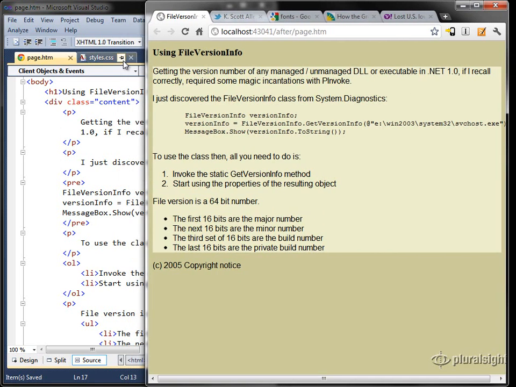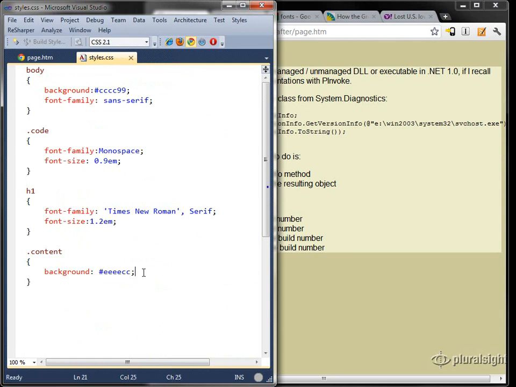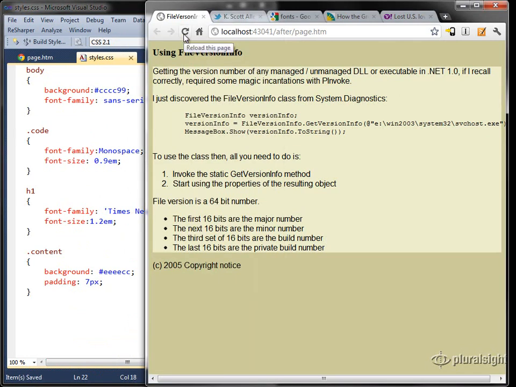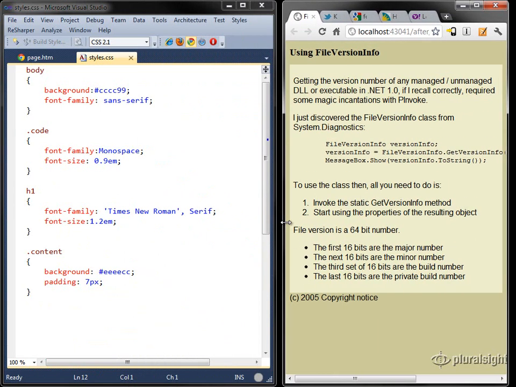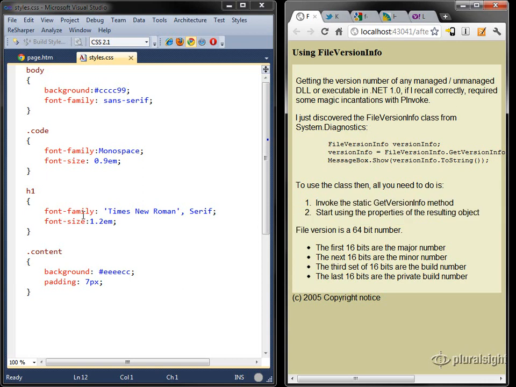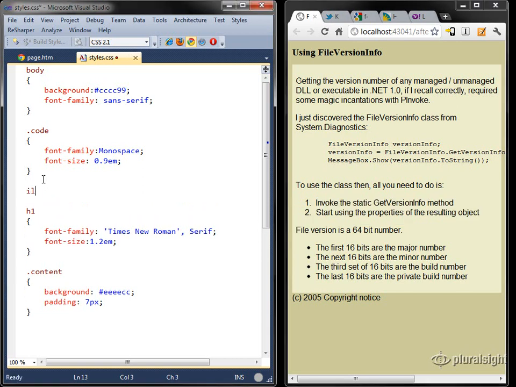care of for us. I also just want to come into the content area and add some padding because it's been kind of bugging me that everything is right up against the border. We know from the last module that padding will push things inward away from the border. And let's also come in and style the ordered list that appears here. What I could say is that for an